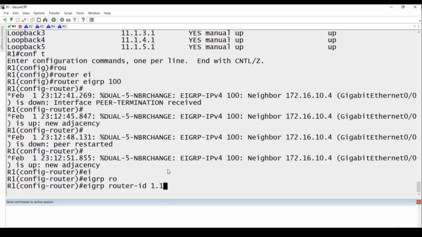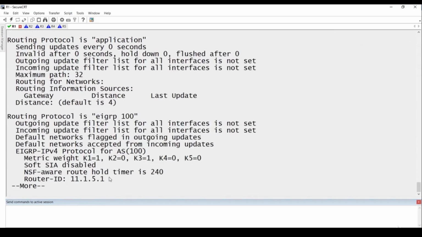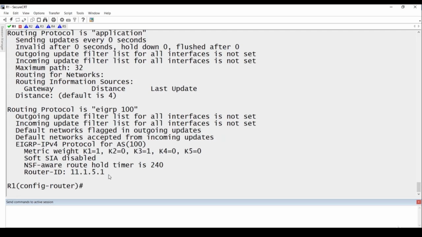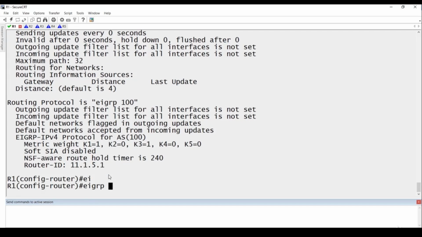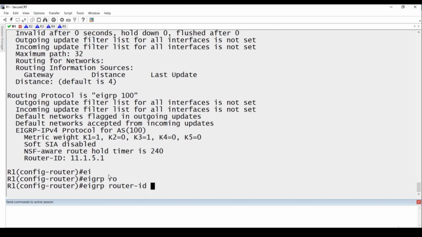So 1.1.1.1, and R2 we will use all twos, R3, you got the idea, yeah? Before I press enter, let me show you what the router ID is now. Show IP protocol. If you look at it here, the router ID now is 11.15.1. That random number is the loopback address, so we need to change that. The way you change it is EIGRP router ID